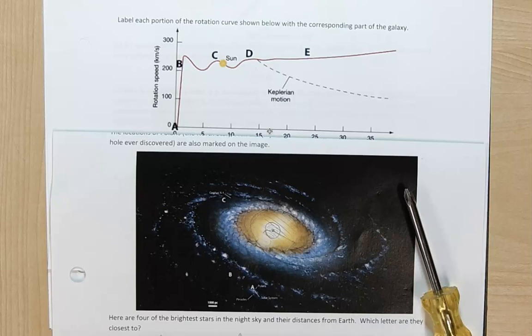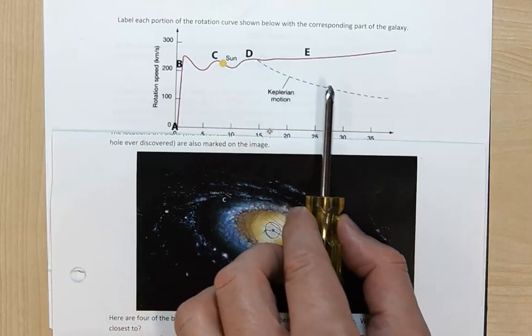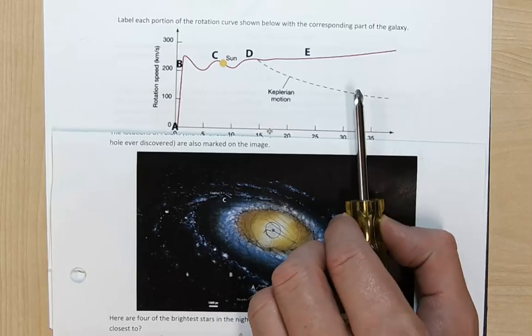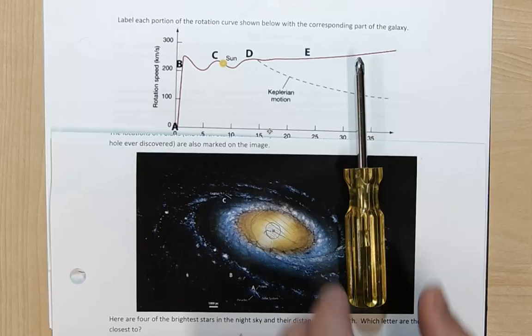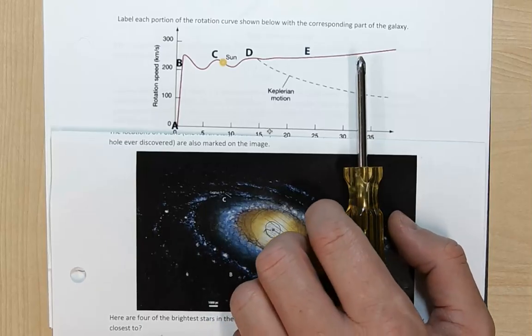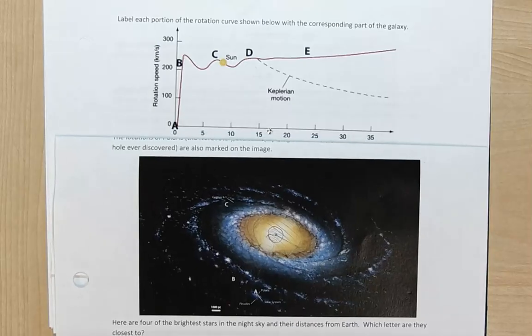If all of the mass of our galaxy was stuff we saw, stars, gas, dust, normal stuff, then the orbital speed of these stars would slow down. The fact that they're going faster means they're being pulled by more mass that we cannot explain from stars and gas and dust and normal matter, so it must be some weird invisible matter that's not showing up in our telescopes. That's the dark matter.